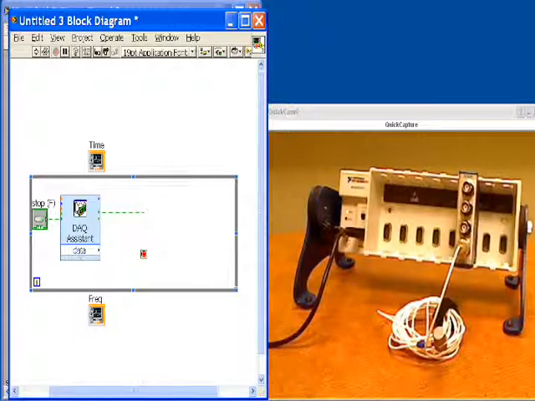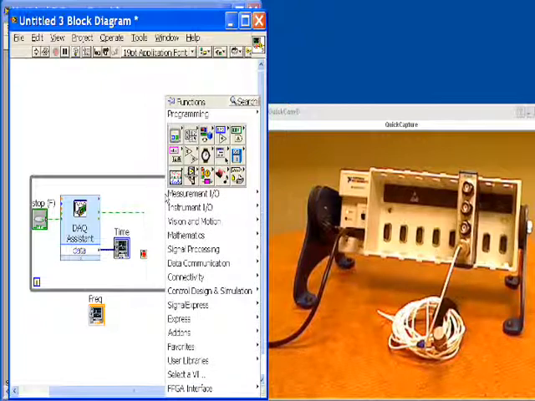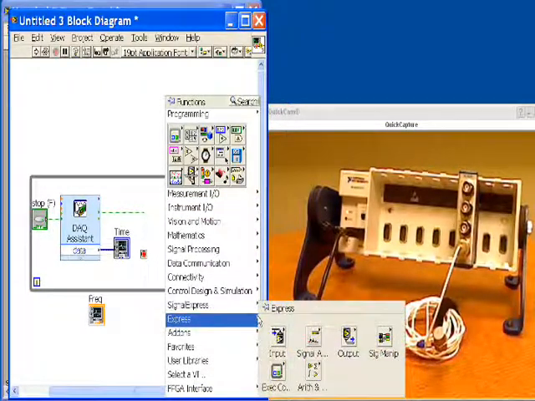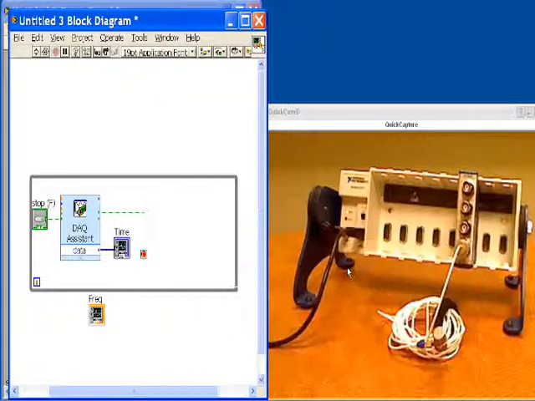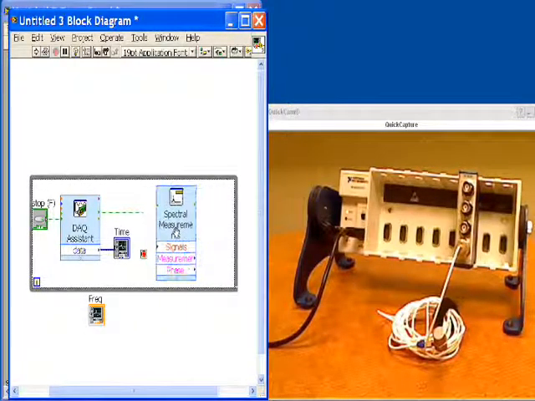I'm going to start by dragging the time graph in and directly connecting my data output to the time. Now, to convert from the time domain to the frequency domain, we need to do a common analysis known as an FFT. LabVIEW happens to have an FFT built in, so I'm going to go to my palettes again, and on the Express palette, Signal Analysis, I'm going to grab the Spectral Measurements VI,